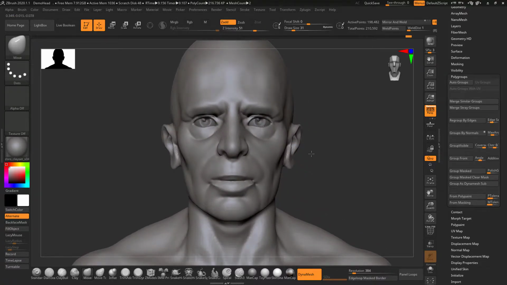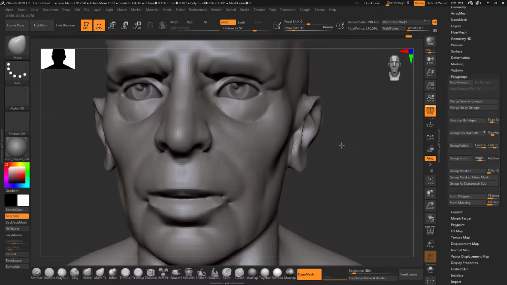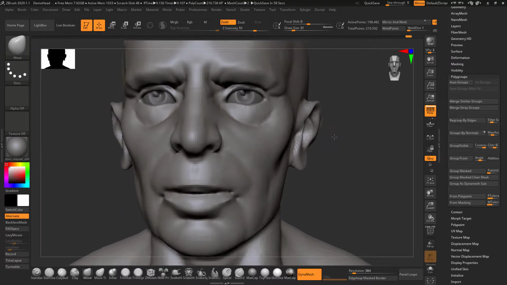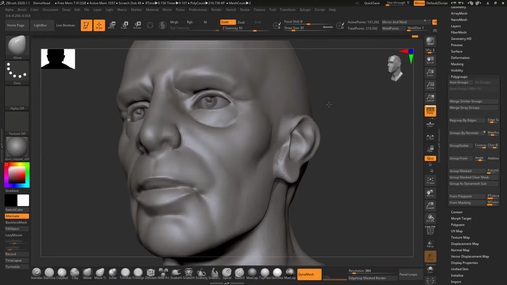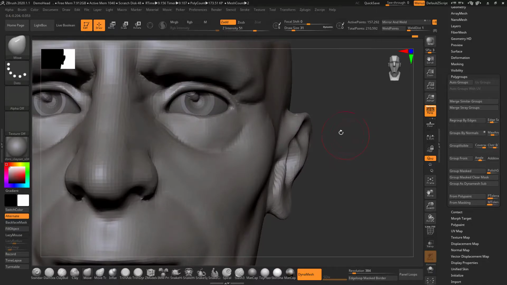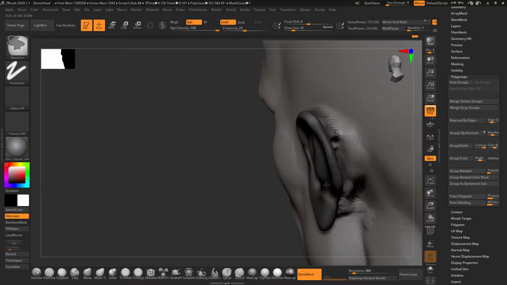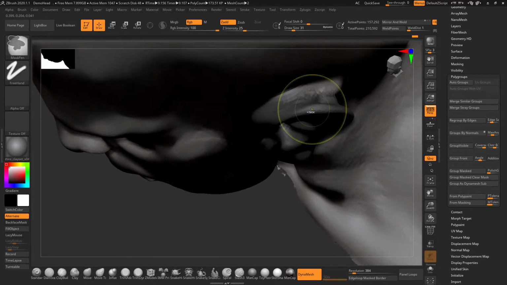Now the thing is, if I want to make any change on the ear alone, I will have to make a selection again, because I don't have any saved selection. So I'll have to click again, make a selection of the ear, and edit it again and again. So this is the problem, and that's where polygroup comes in very handy.